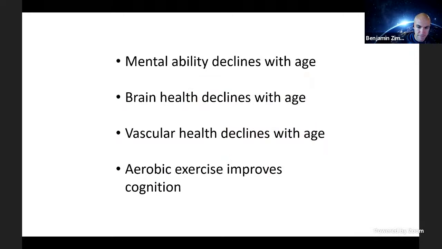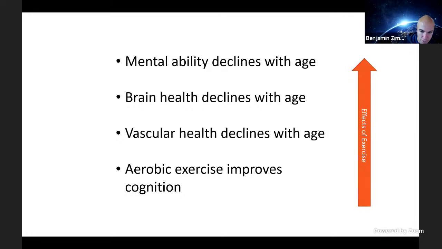Okay, so here we have this list of observations again. And in our lab, we started hypothesizing that perhaps one of the ways that aerobic exercise helps with age-related cognitive decline was by improving cerebral vascular health in some way. So a healthy vascular system in the brain might improve overall brain health and function, which then would improve mental abilities. And I'll say as a caveat here that exercise has other effects on physiology too, not just on vascular health. So we weren't hypothesizing that this is the exclusive way that exercise might help, but just that it might be one important factor.